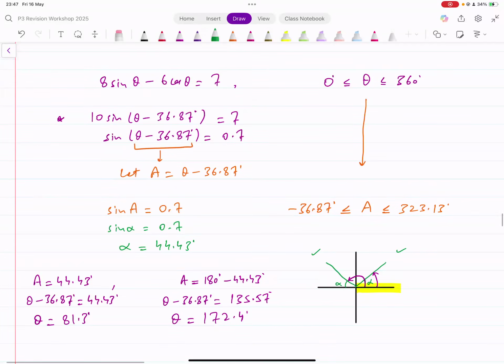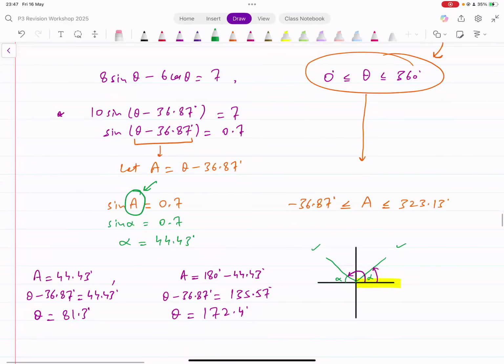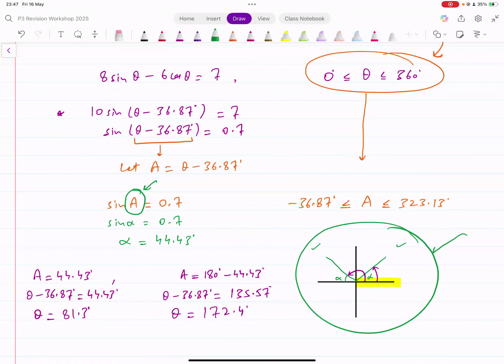Why is it important to adjust the interval? Because the interval that's given is for theta, right? Theta is from 0 to 360. When we convert it to A, now the angle here is A. We are finding the values of A. So in order to find the possible values of A,